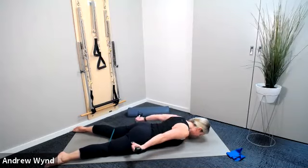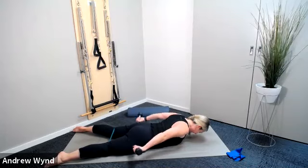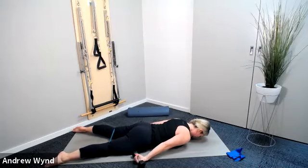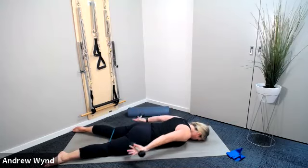Let's go for 20. We've done 5 nice preparations. 2, 3, 4, 5, 6. Check those shoulder heads. Are they rolled back? 7, 8, 9,